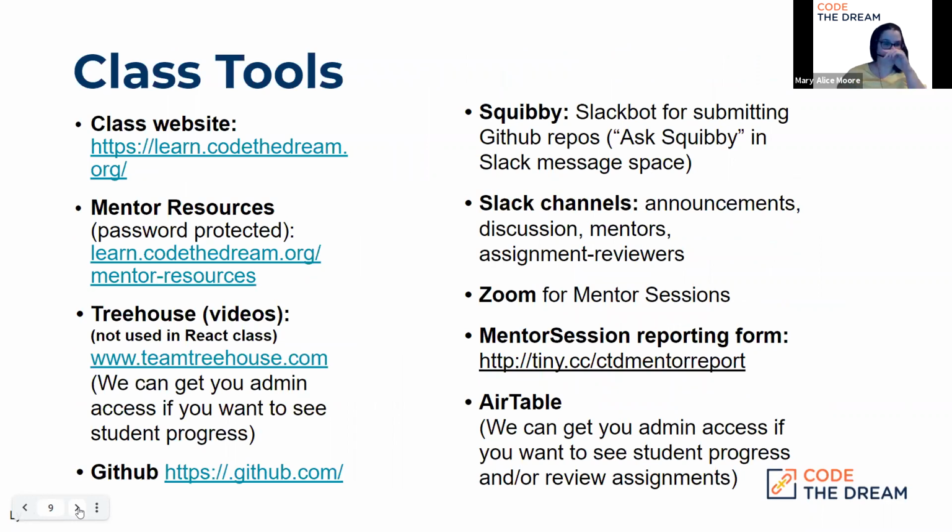Okay, so class tools. The primary class tools that'll be used are going to be the class website, learn.codethedream.org. That's where they have their class calendar, and links to their assignments for each week will be there as well. The calendar just outlines that the week starts on Wednesday. It provides the Wednesday date. The lessons should be turned in by midnight on Tuesday. It has the Tuesday date, and then it'll have the link to whatever their assignment is that outlines, here's where you go. This is what you need to have done. These are the materials that you need to cover for this week, so on and so forth.